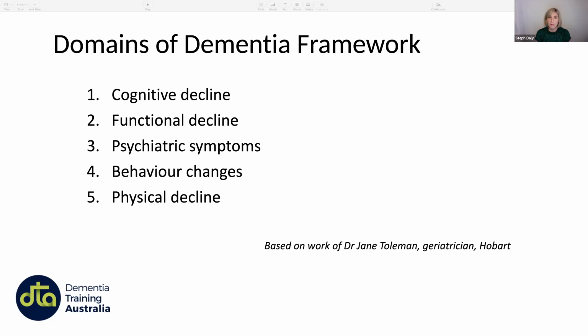Psychiatric symptoms, we talked a bit about depression and anxiety, which both predate and then coexist with dementia. And we also talked about hallucinations and some of the other behaviours that are associated with dementia, which tend to come sometimes later on in the disease, sometimes hallucinations very early, and so it's important to ask about them and recognise them. And then physical decline, which is more a later symptom of the disease, where people lose the ability to eat, drink, become incontinent, maybe bedbound, for example.